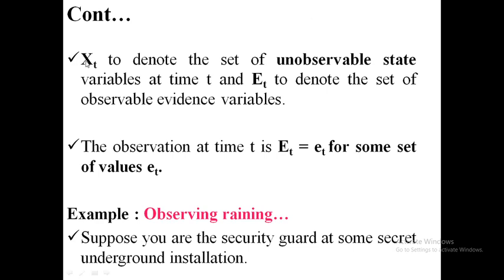Now come again. So see here. What you want to know is Xt to denote the set of unobservable state variables. What is the Xt? Random variables which you want to predict. What about uncertainty conditions or uncertain variables for which we want to get the value? And coming to the evidences, as I said previously, the degree of belief may be very near to one whenever we have evidences. If there are no evidences at all, how can you say that you are very near to your solution? Not possible, right? So we have to verify the evidences in order to get the solution for the variables. Now, one more example the author has given is observing rain.